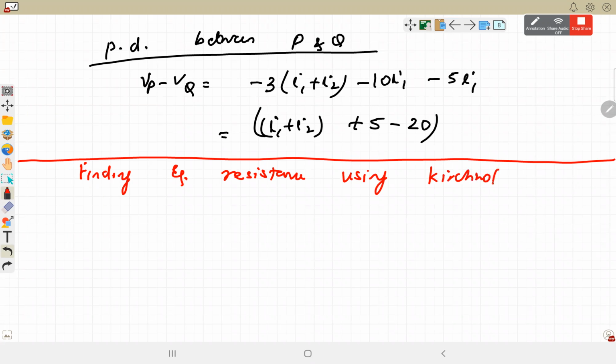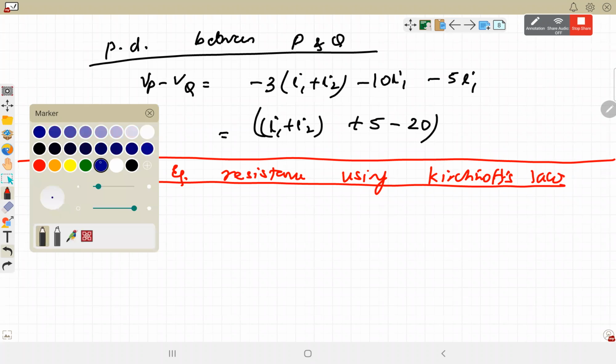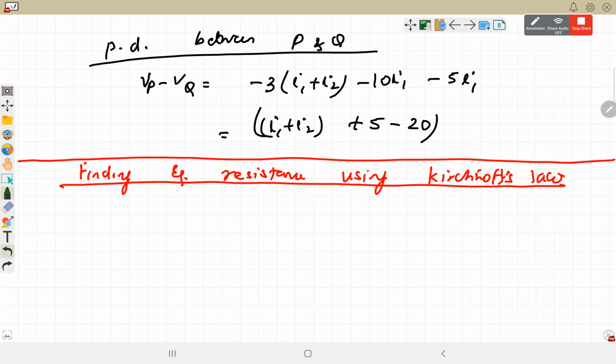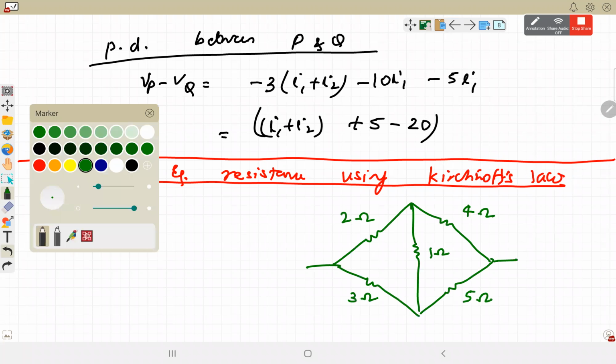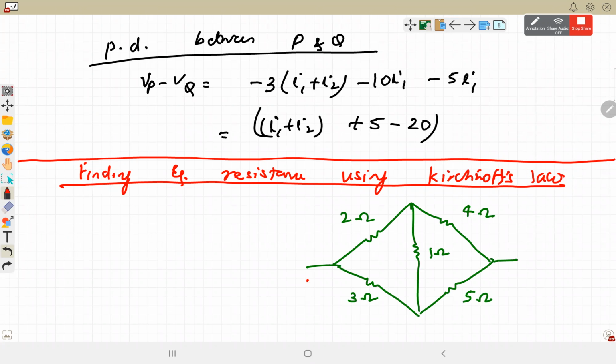So जिस भी circuit में series, parallel या कुछ भी और नाम में समझ में आए symmetry, we have one option always there that we can apply a battery, calculate the current from the battery, and then V divided by I, the potential of the circuit divided by the current. So like suppose if this is the circuit, if the left hand side and right hand side ratios are balanced, then it will become Wheatstone bridge. Now the ratios are not balanced and we have to find the equivalent resistance between A and B.